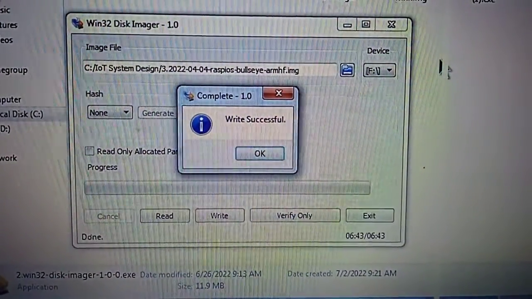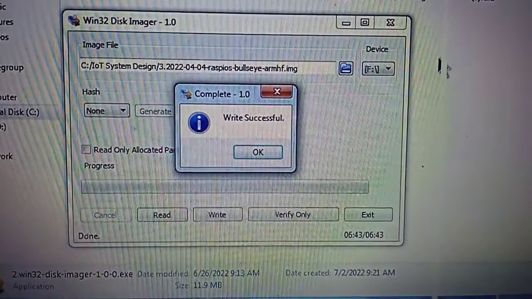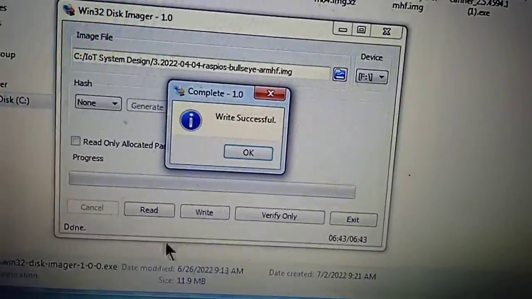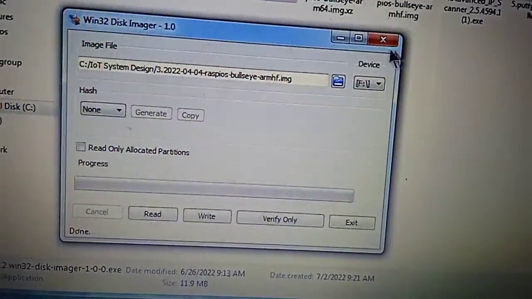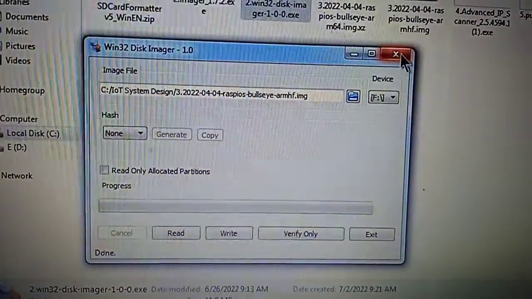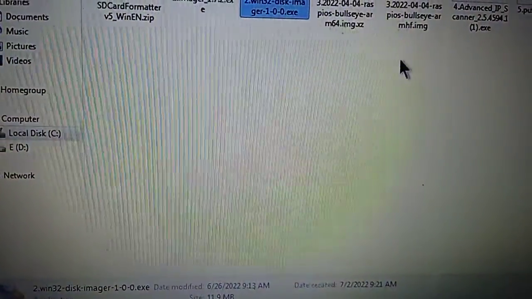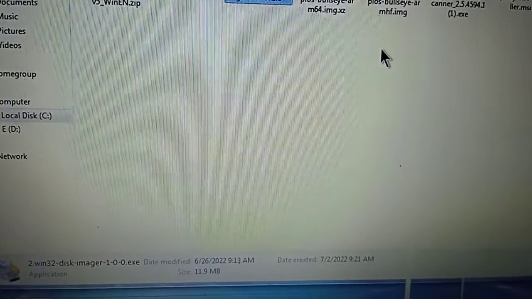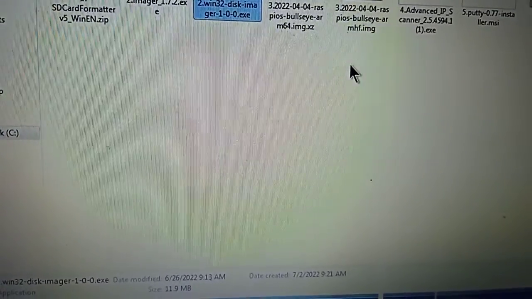Now what happens, the memory card will be named as boot after this successful writing of the operating system on the memory card. The memory card name will be changed to the boot name. Okay, now I will remove this memory card and I will insert it into the Raspberry Pi model B. Let's wait. Hello students, I have already installed the Raspbian operating system memory card into the Raspberry Pi model